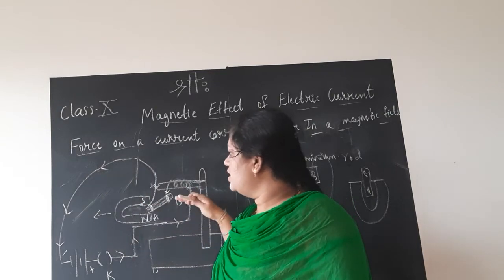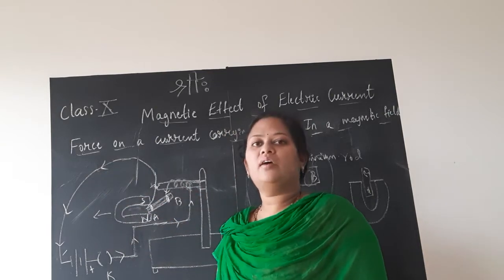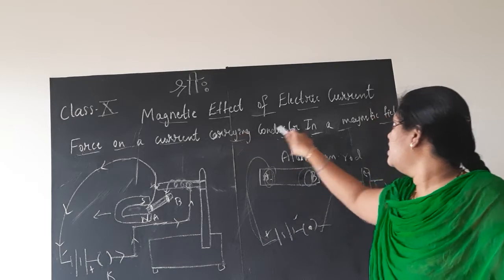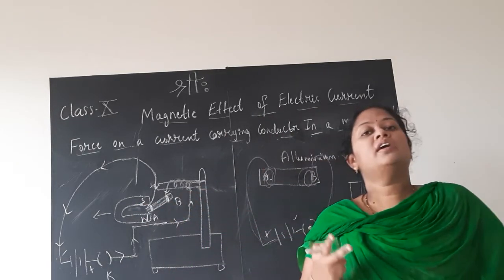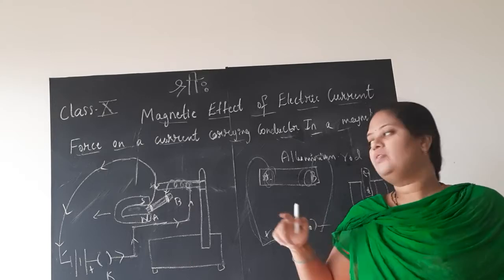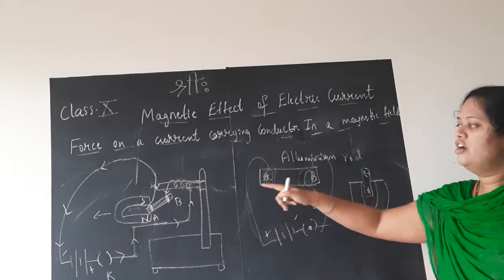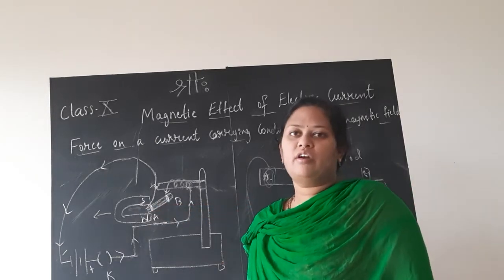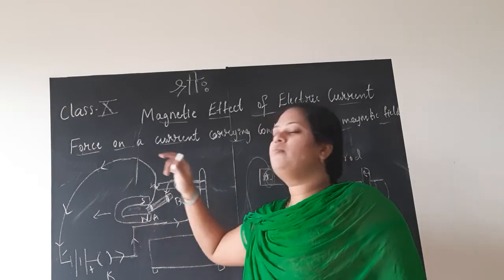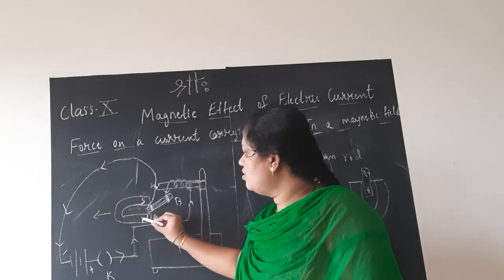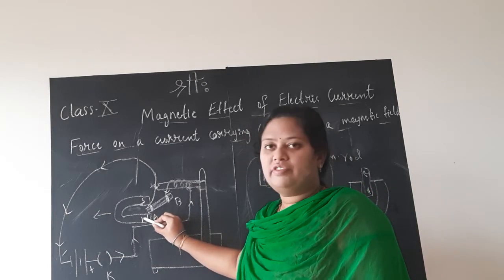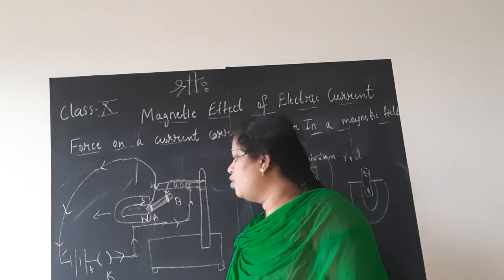This setup is placed inside the magnet now. Why are we placing a current carrying conductor in a magnetic field? Which magnetic field? Between the horseshoe magnet. In between the horseshoe magnet, as I said, we are placing the aluminium rod. And of course, the magnet also has a north pole and a south pole, children. So here you can see this is the north pole of the magnet, whereas this is the south pole of the magnet.